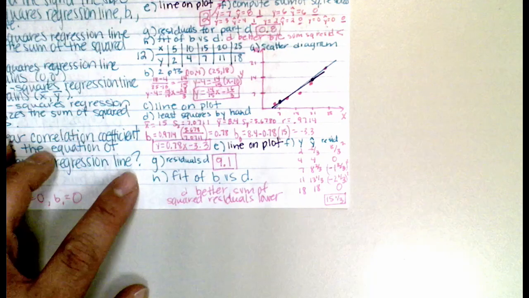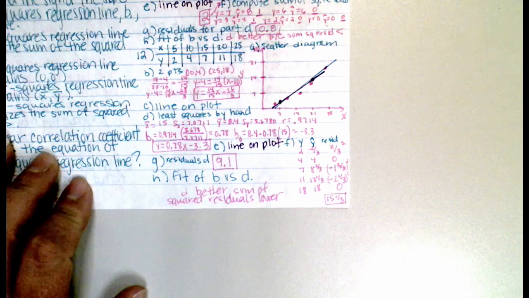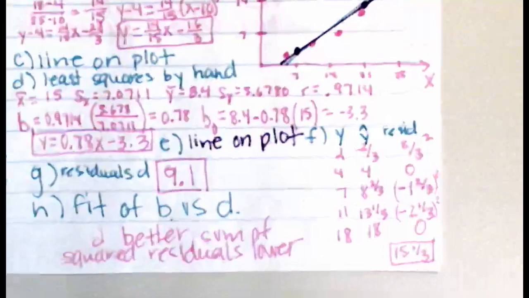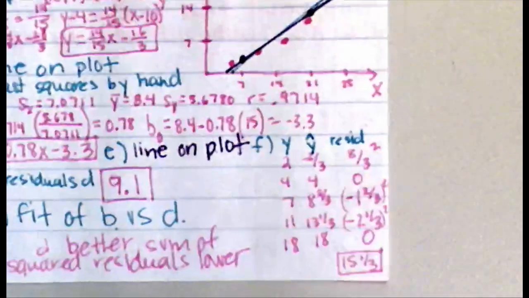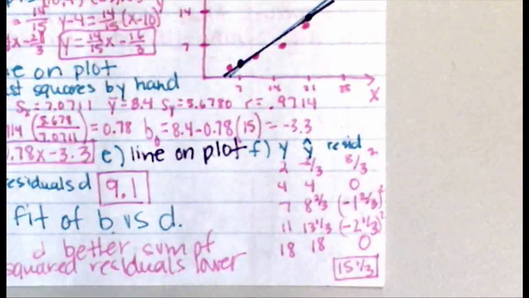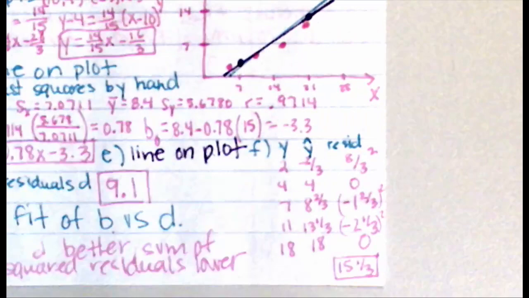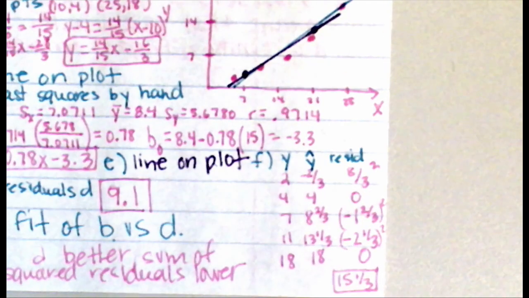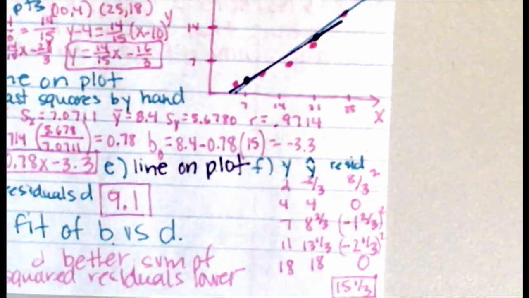All right, I'm going to see if it will let me zoom in on this. If not, I'll rewrite it because I'm not sure. Oh, there we go. All right, so 12F asked you to do the sum of the squared residuals. So in order to do that, and